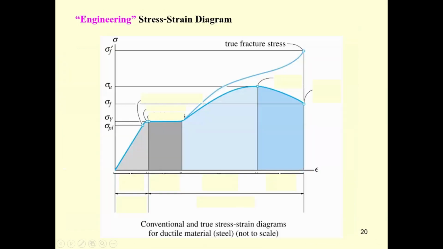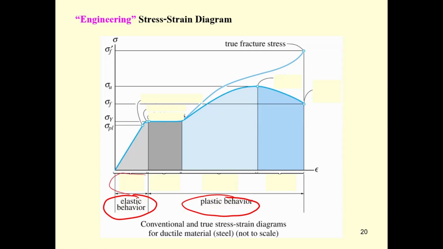Now, theoretically, we can separate the behavior of the steel into two types: elastic behavior and plastic behavior. And Ajahn already gave you the definition of them. For the elastic behavior, there is the elastic region, and in the elastic region there are two important points: one, the proportional limit, and another, the elastic limit. After we reach the elastic limit, that is the end of elastic behavior.